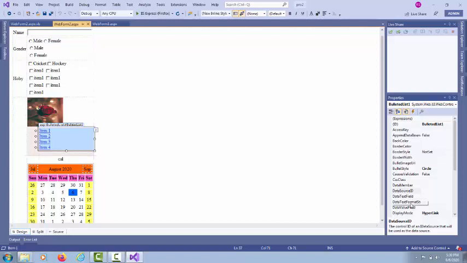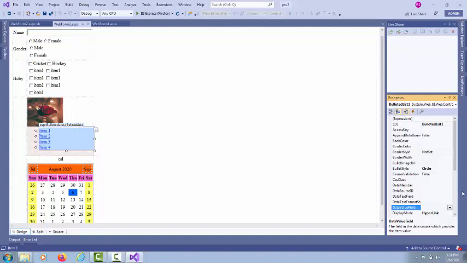In this we have to set two fields. The first one is the data text field, which is the name of the column that is going to be displayed here, and you can also specify the data value field, which is not going to be displayed but will work behind this particular control, and it is a unique value field, so it is a unique column. Both this property and the data source will bind the data into this particular control.